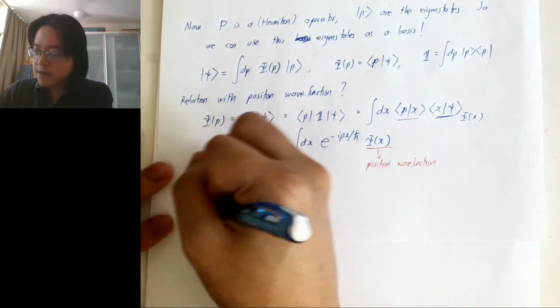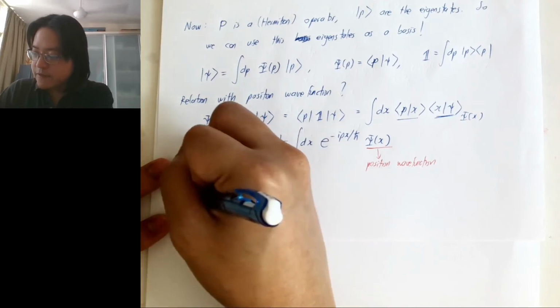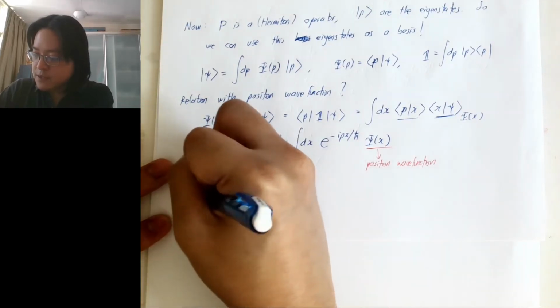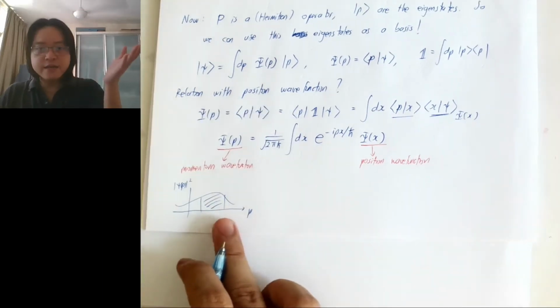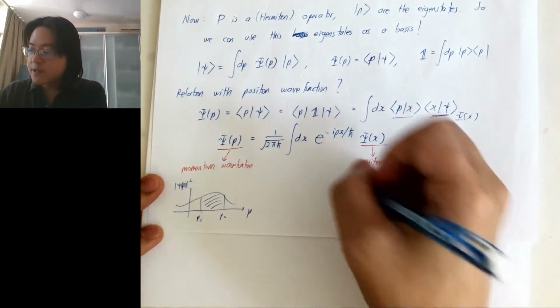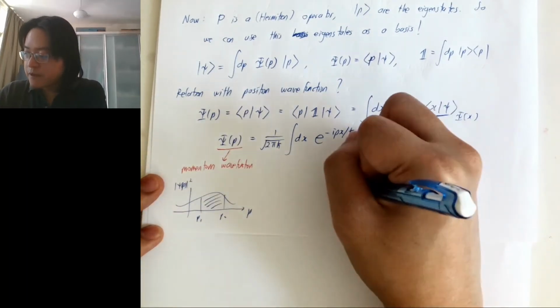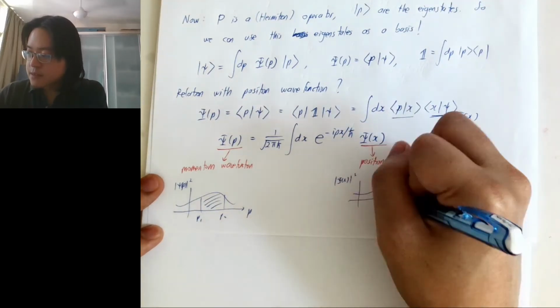So that means what we have here is we are plotting against the momentum, and then if you have the wave function squared, then I can calculate the probability of finding the particle having a momentum from this number to this number, right? But this one is the familiar position wave function. If you plot this in x, then